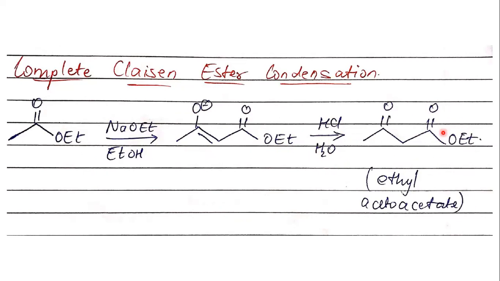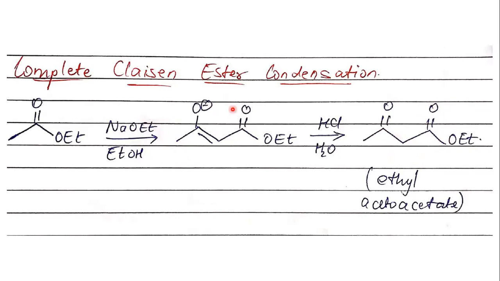in this case. This compound is also called a beta keto ester. The reason it is called a beta keto ester, firstly, you have an ester group here, so that's why it is an ester. And if you name the carbon, so this is your entire ester group. So this will be your alpha carbon, this will be your beta carbon. This is alpha carbon to the entire ester group. This is the beta carbon to the entire ester group. That is why this compound is also called a beta keto ester.